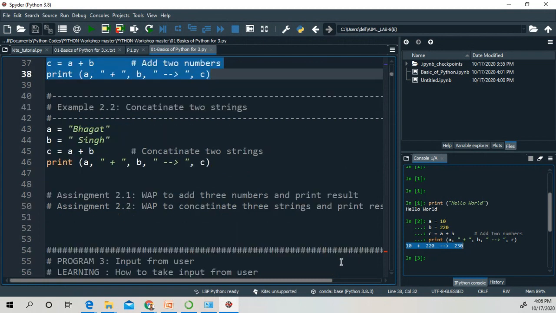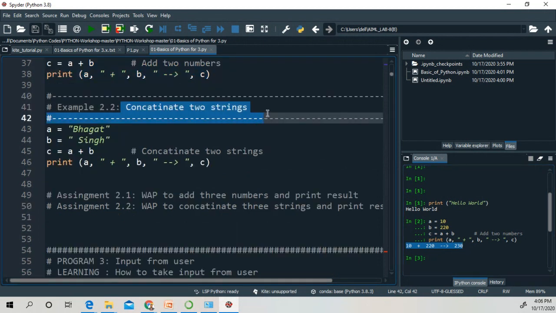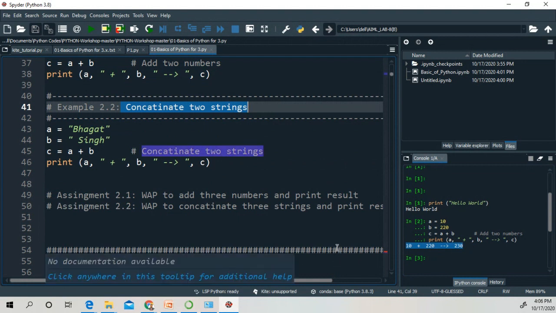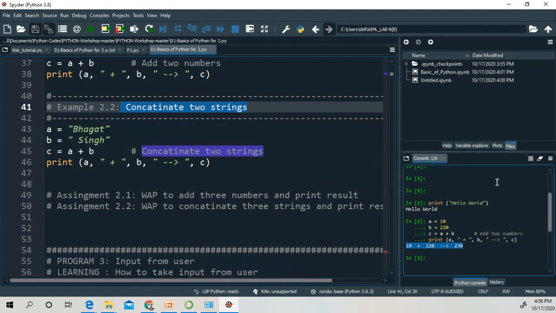No. Okay. So now we have to concatenate two strings. What do we mean by this? We have to join the two strings. Why are we joining two strings? When you are performing data science operations, say you have 1 million entries of first names and last names, and you want to join these first and last names manually, it will not be possible to complete that task in one day.